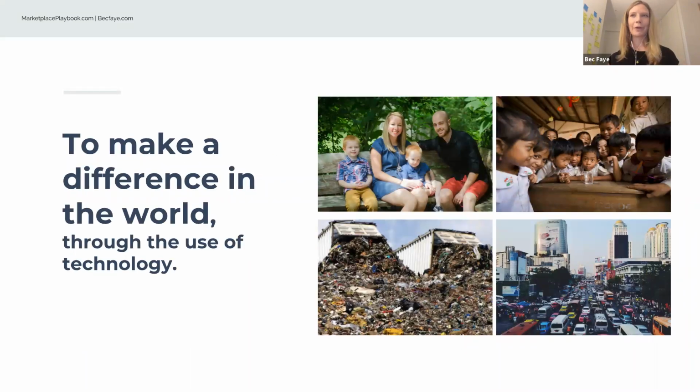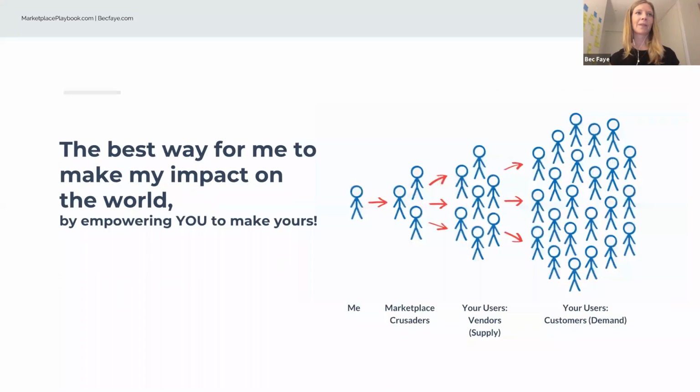Just going on that topic there, as you can see, I think there are a huge array of ways that marketplaces can actually change the world, things from car sharing to enabling people in third world countries to access things that they wouldn't normally be able to access. And that's a really key interest of mine. Also helping families to live better lives and have access to more flexible income, things like that.